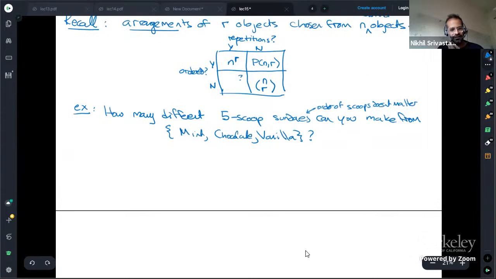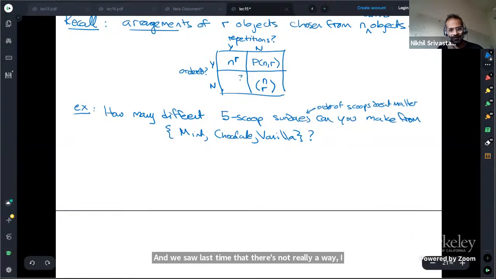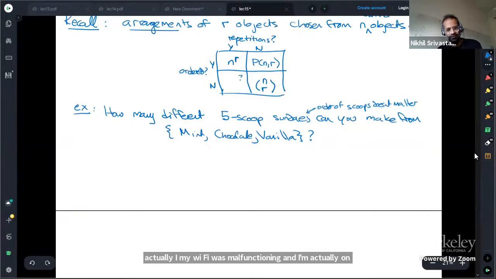And we saw last time that there is not really a way. Oh yeah, somebody's asking if Wi-Fi is malfunctioning. Actually, my Wi-Fi was malfunctioning, and I'm on tethering right now. So I think there is something wrong with the campus Wi-Fi. But anyway,